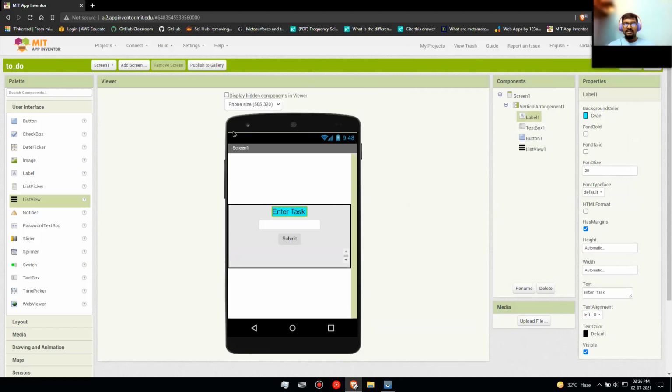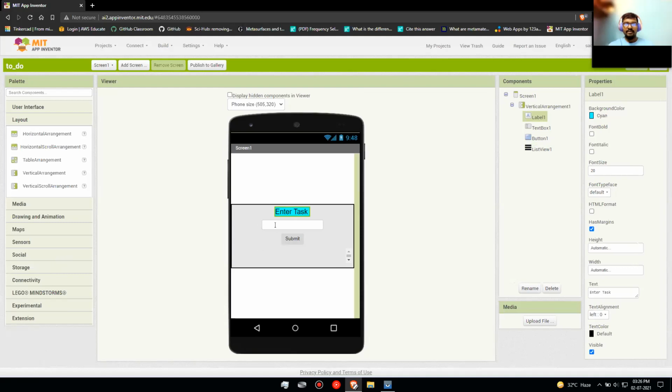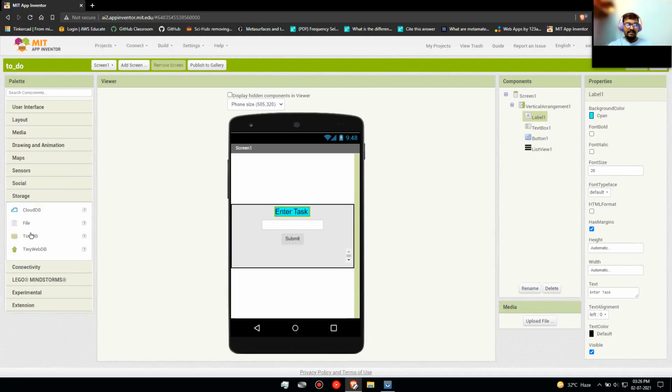Okay, so now we have to make sure the variables that we input in that text box are saved. For that we'll need a TinyDB, a small database that will store our values. To add that, go in storage and then drag TinyDB.